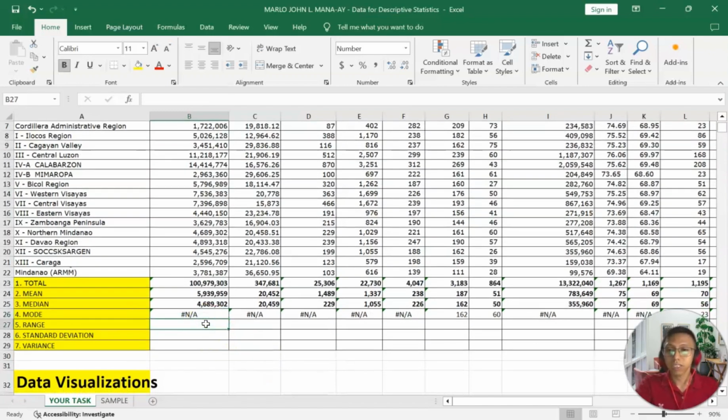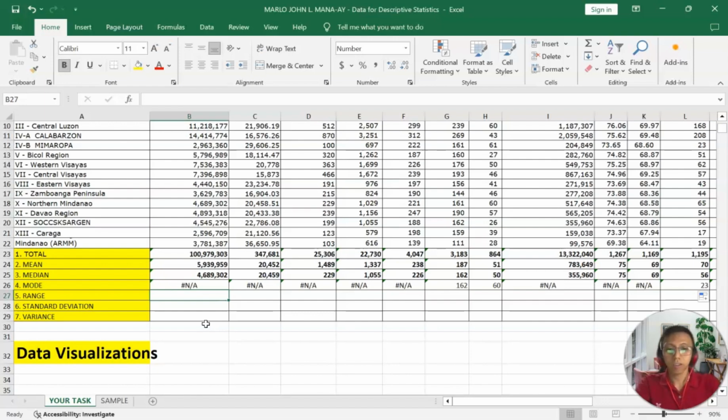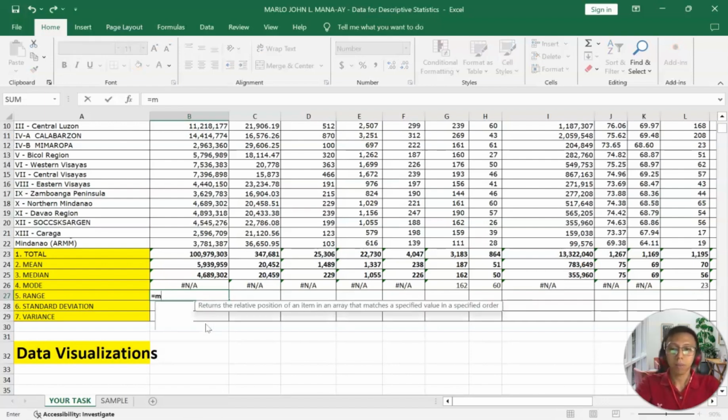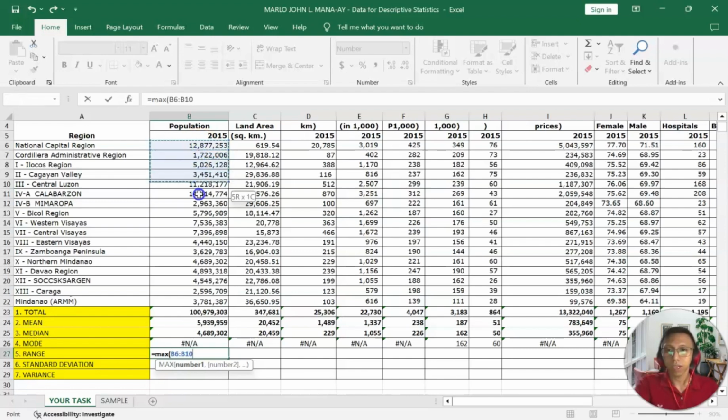So next is the range. The range belongs to the measures of dispersion. This statistical measure shows how spread out the data is. In finding the range, the formula is equals MAX, open parentheses, let's select this data again, close parentheses, subtracted by its minimum,